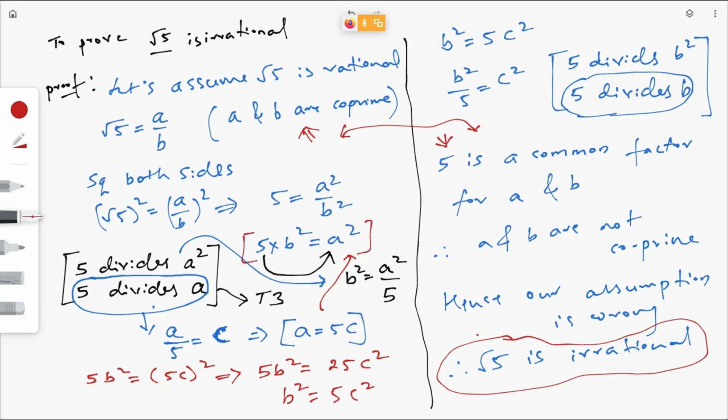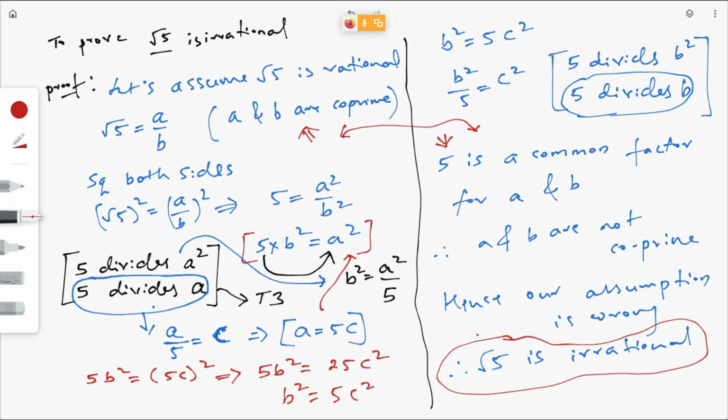Fine. I know, not just you guys, whoever does these problems for the first time, it is very difficult to understand. There are no logics in it. You don't even have numbers, just a, b and c. This divides this, divides that, so this is a common factor. I know initially it is difficult to understand, but if you solve a few more problems, then you will be used to these steps.